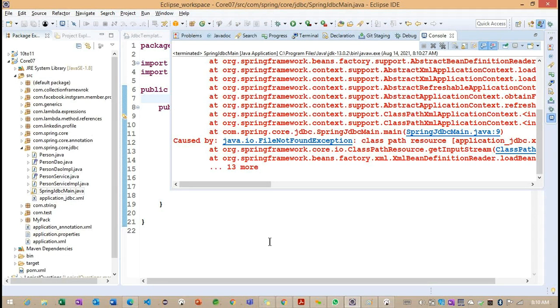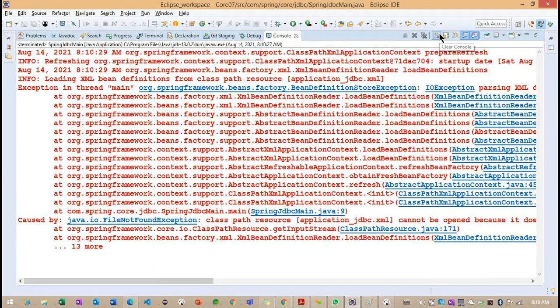So we are getting a file not found exception. Why is this particular file not found here? Did we make any spelling mistake in the application name?